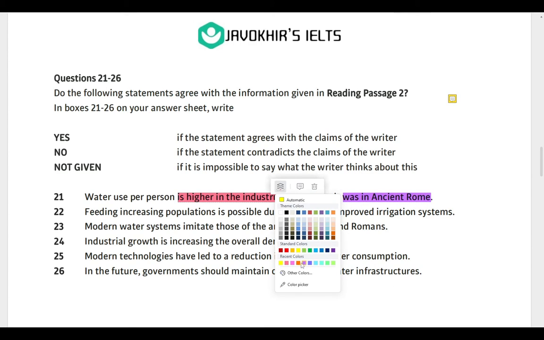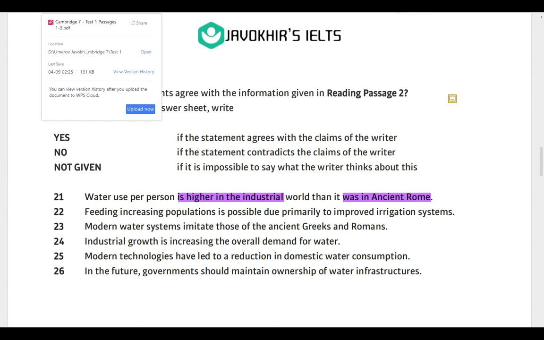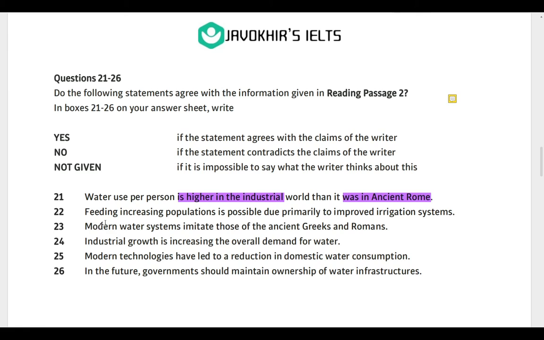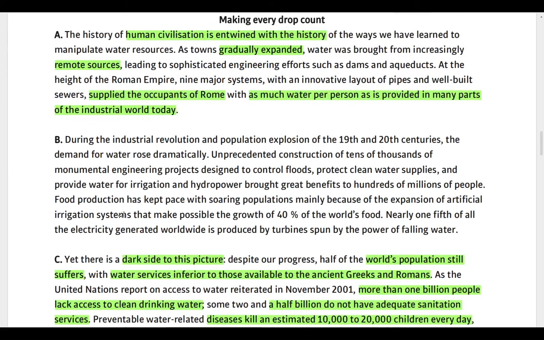So let me choose different colors, as I love choosing colors for that. So yeah, 21 answered. Feeding increasing population is possible due primarily to improved irrigation systems. So they're saying it is possible to feed increasing populations because irrigation systems are improved. All right, so we want to consider that. If you remember that,